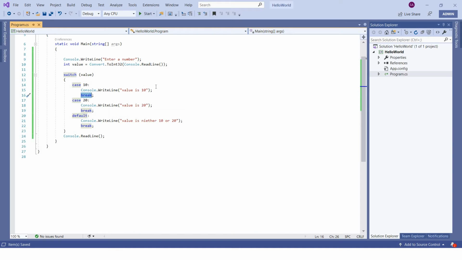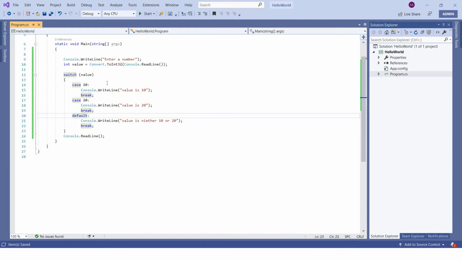Whatever code you write for this case has to be followed by a break, which indicates that its corresponding case ends here. Similarly for this case, that block ends here. Default is also a case, which you can think of as an else statement. If none of these cases execute, at that point default will execute.